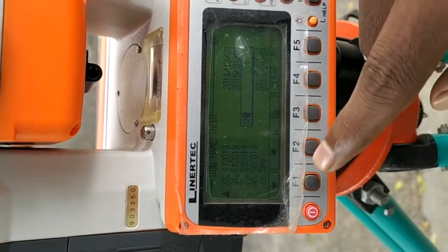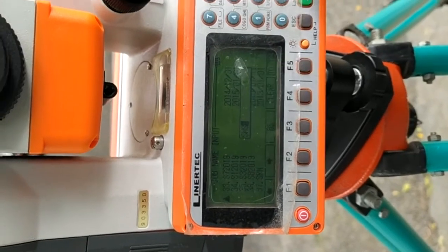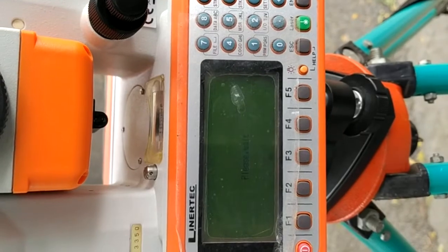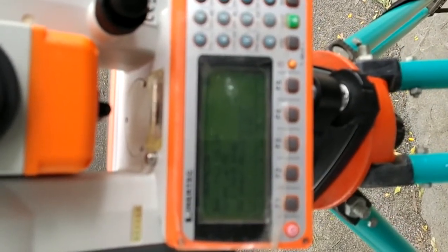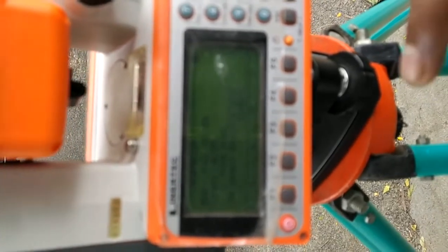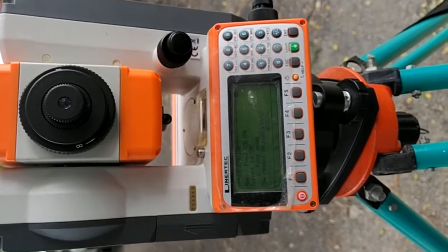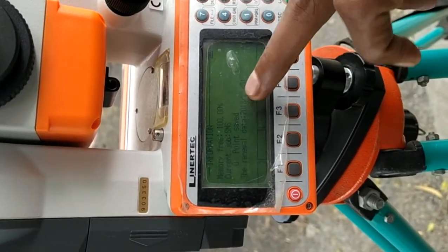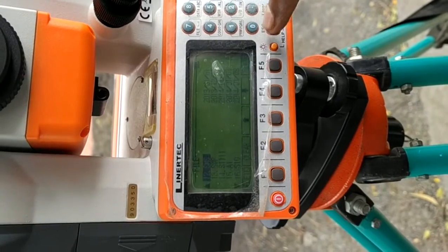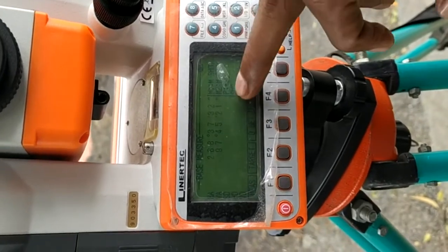PQRS. Here our name is completed. Now I am going to create the file. For OK we will press the enter key. I have pressed the enter key. Yes, the file is created. You can see 100% memory is free, 0 points used. Now press the escape key. By pressing escape we come back to the display. Here you can see the name PQRS.